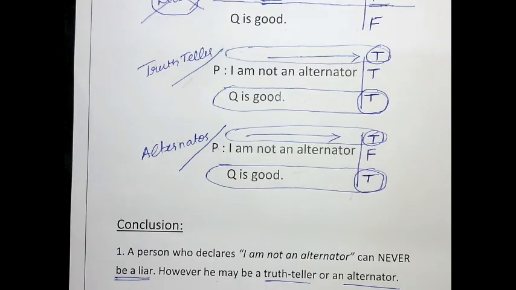But what if the trigger statement is absent? Then you have to follow the iteration method, wherein you will randomly assume a person to be a truth teller and take certain decisions. I shall explain those concepts in my